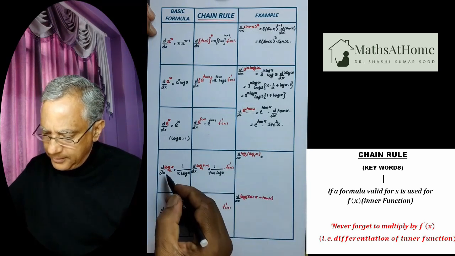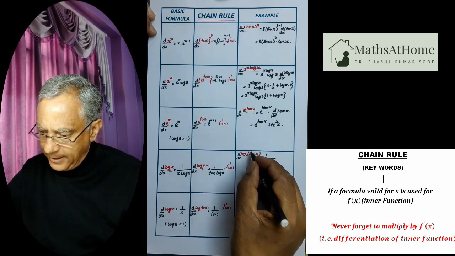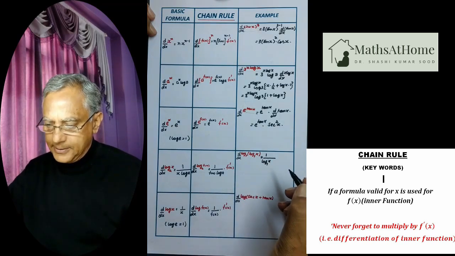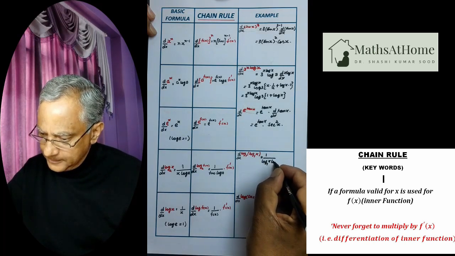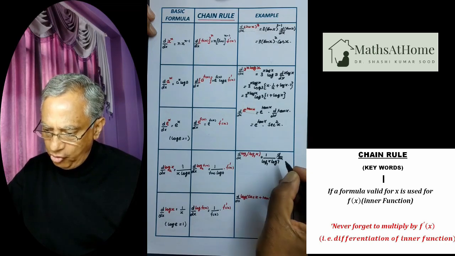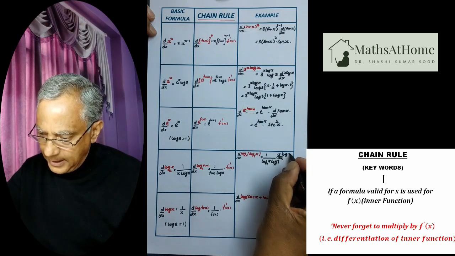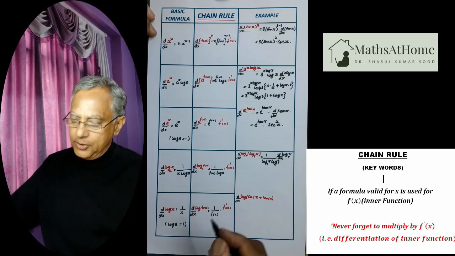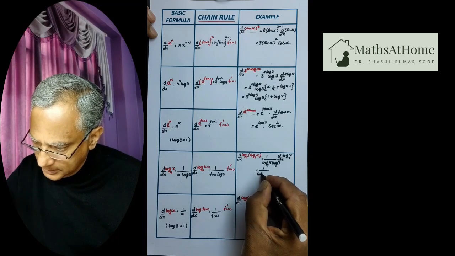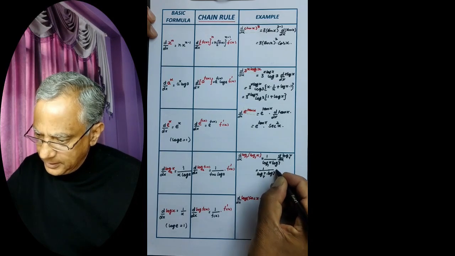So if you remember this formula, you can apply it. 1 by fx, fx is this much, 1 by log to the base 7 x. 1 by fx log a, log a is log 7, into d by dx of fx. fx is log x to the base 7. So this will be equal to 1 by log x to the base 7 into log 7 into